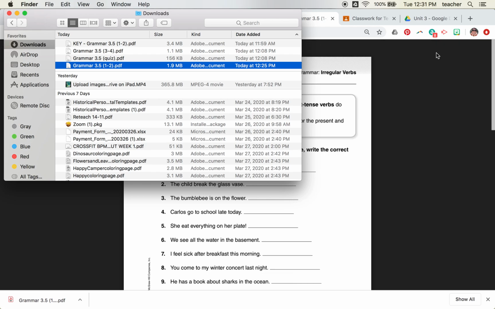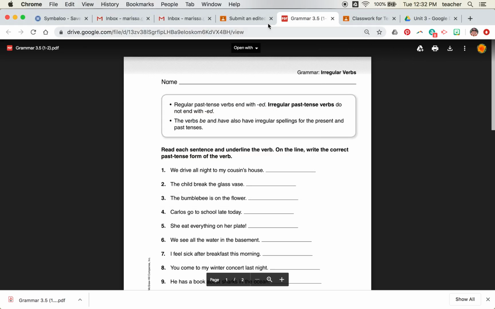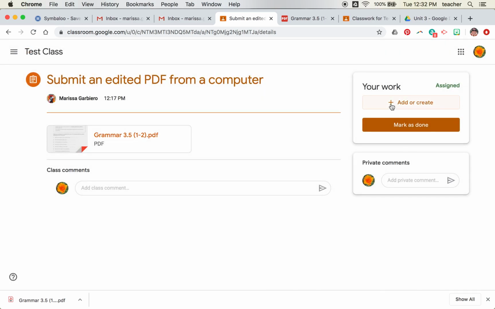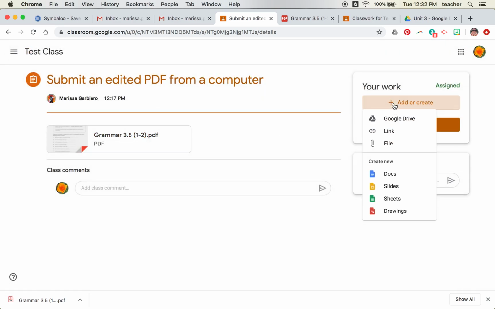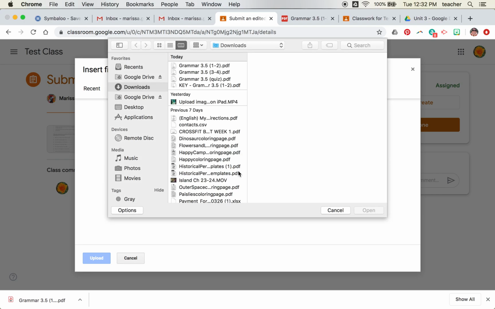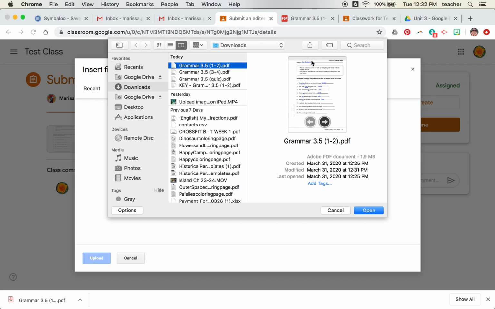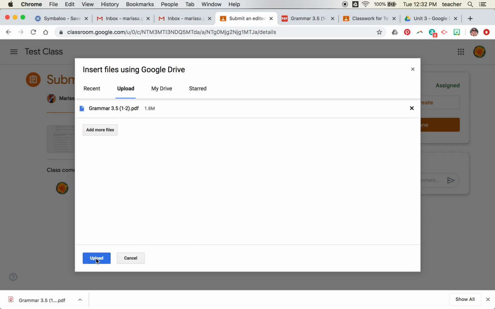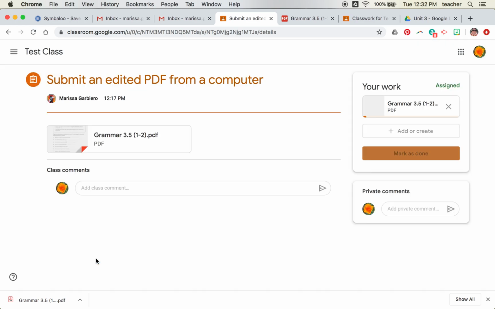Next step would be to make sure to upload that to your Google Drive, or you can just add it directly from here. Let's go back to our assignment in Google Classroom. So here I'm going to add a file from my computer. I can select the file from my device and it's still in my downloads. When I click on it, I can even see in the preview the blue writing, the work that I've done. Open it, upload it,